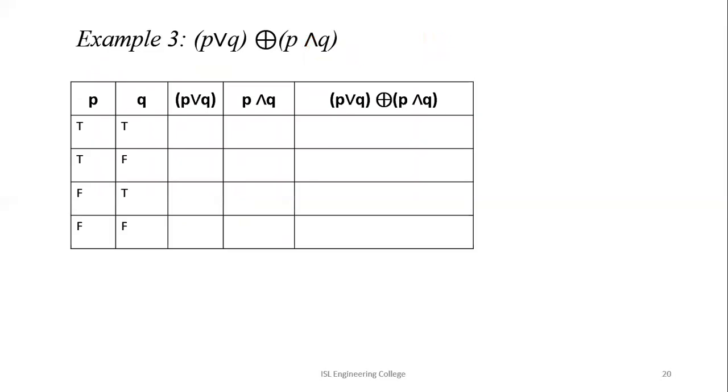Similarly, we have another example, and this one is quite simple. Please try to solve it. And this is directly P or Q. So P or Q is one of them being true. We have just seen that. So true, true, true, false. The next one is P and Q. And is if both of them are true, then only true, otherwise false. So true, false, false, false.